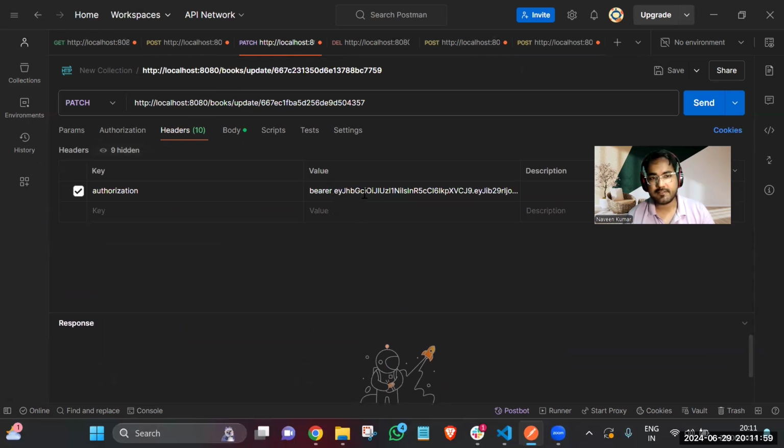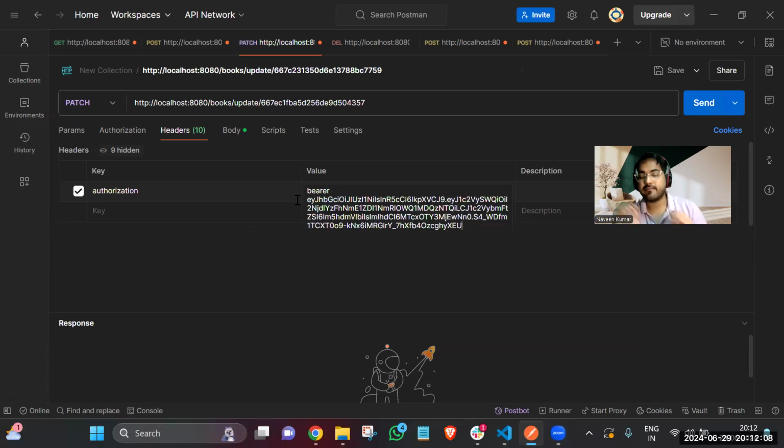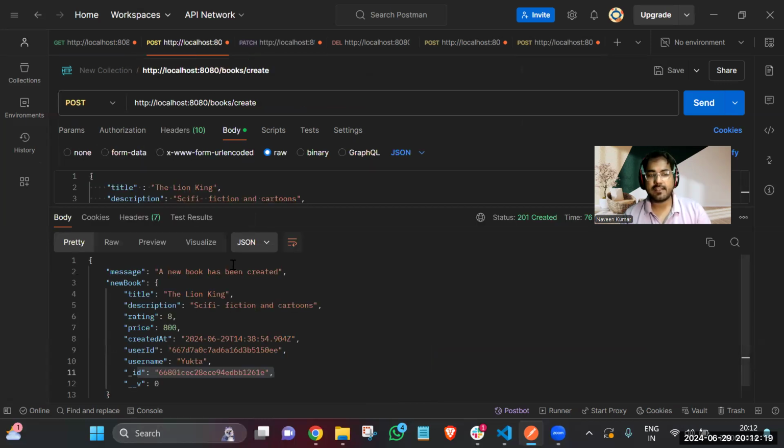I'll show you something. Till this point, we know that the user details get added when we perform the CRUD. And I'm providing this, and now I am logged in with my user credentials,